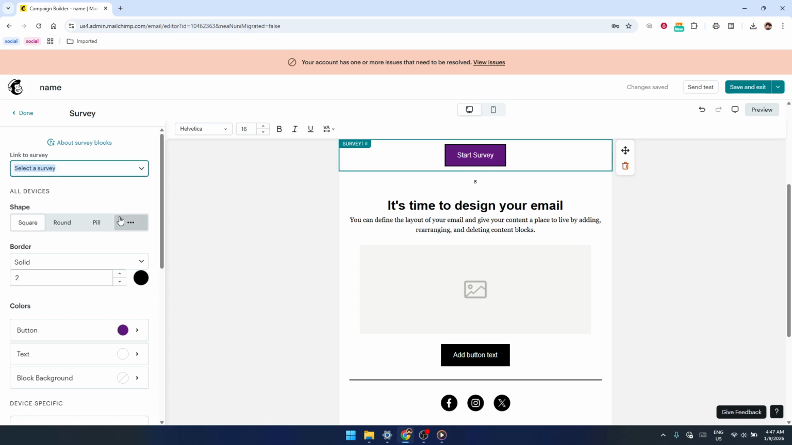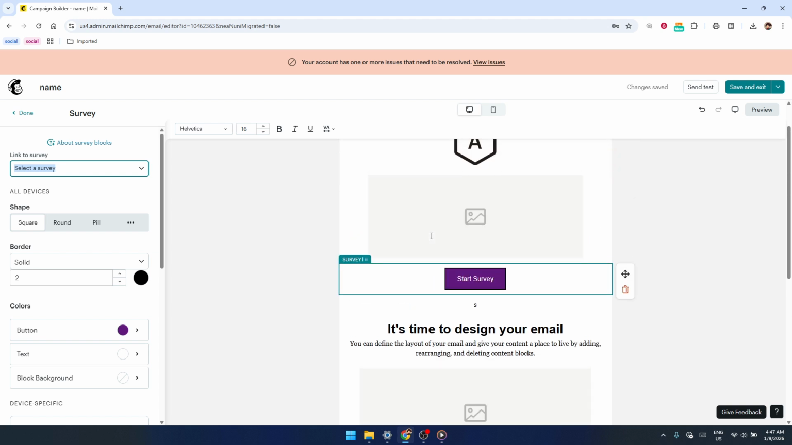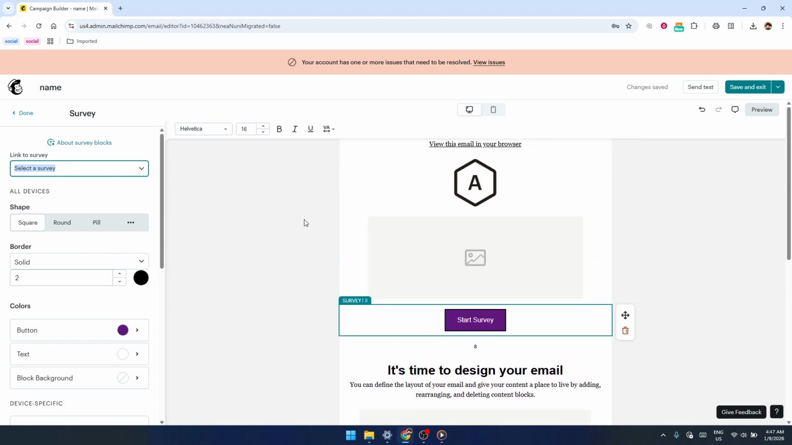When you're done, preview your email and send a test to yourself. Click the survey button in that test email to confirm that it opens the correct survey and that everything looks the way you expect. Once you're happy with it, you're ready to send your campaign with the embedded survey link in